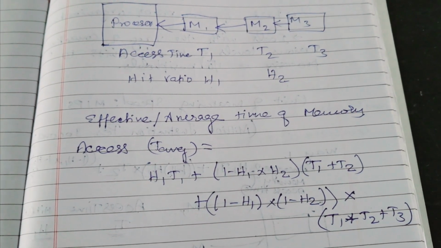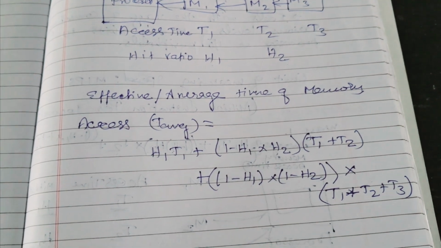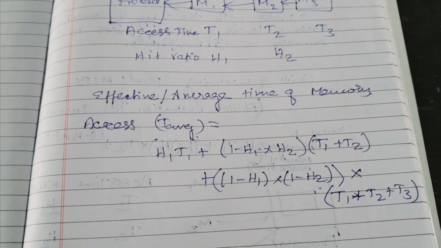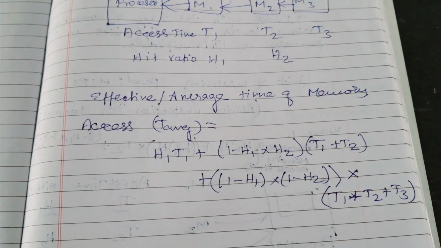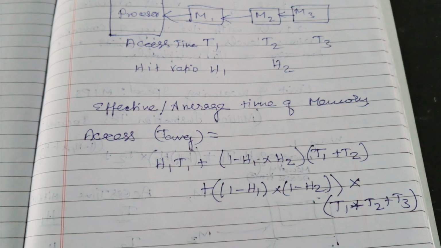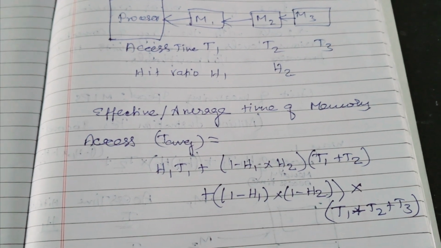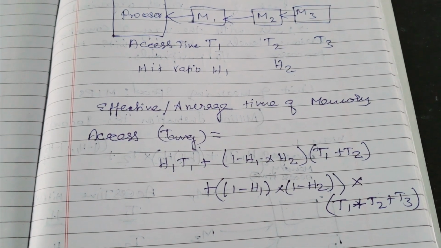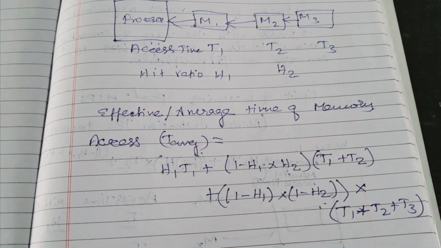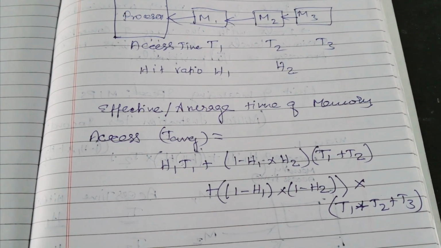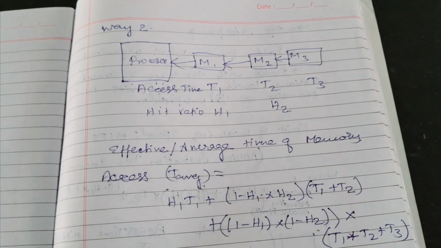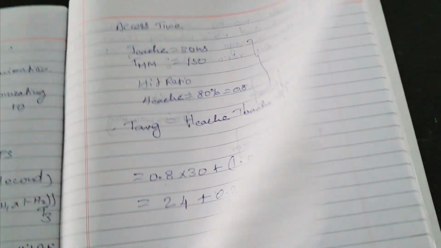Likewise, this formula goes on. We can see this 1 minus H1, and the same previous formula we can apply here also. So 1 minus H1 is not hit, and that is also multiplied with 1 minus H2, which is also not hit. Then we multiply the three access times T1, T2, T3. Using this formula we can calculate the